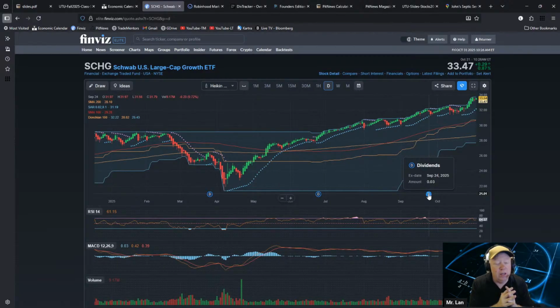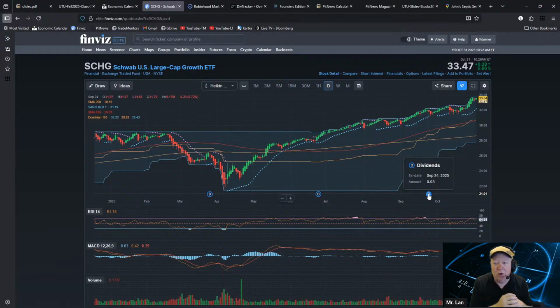So the whole theory of this is that depending on your age, and generally we like to think of your age, whatever your age is, that determines how much you should have in SCHD for dividends versus SCHG for growth. So if you're 25 years old, you should have 25% of your money in SCHD for dividends and 75% in growth. And then as you get older, you start investing based on your age. So once you get up to 50 years old, you're going to be putting 50% in growth, 50% in dividends. Once you get up to 60, 70 years old, you're going to be having 70% in dividends and